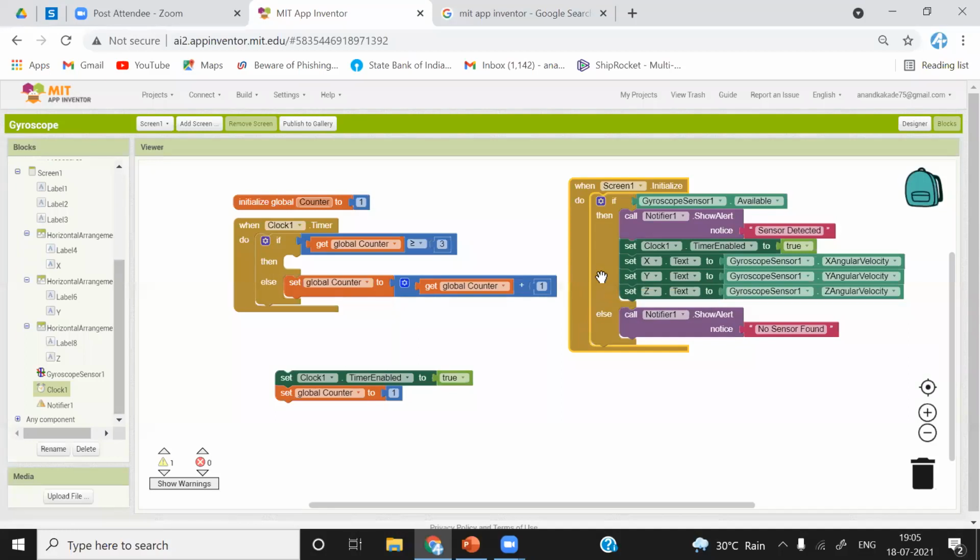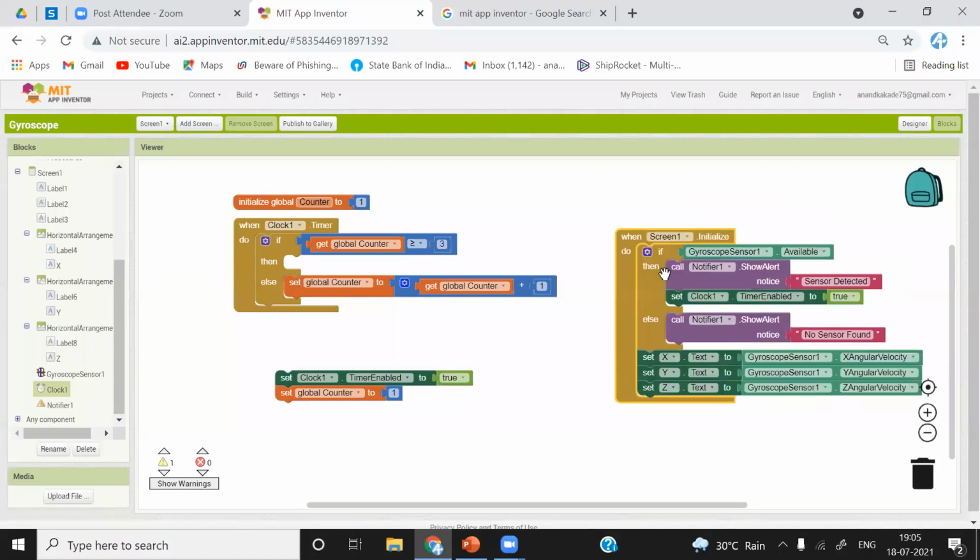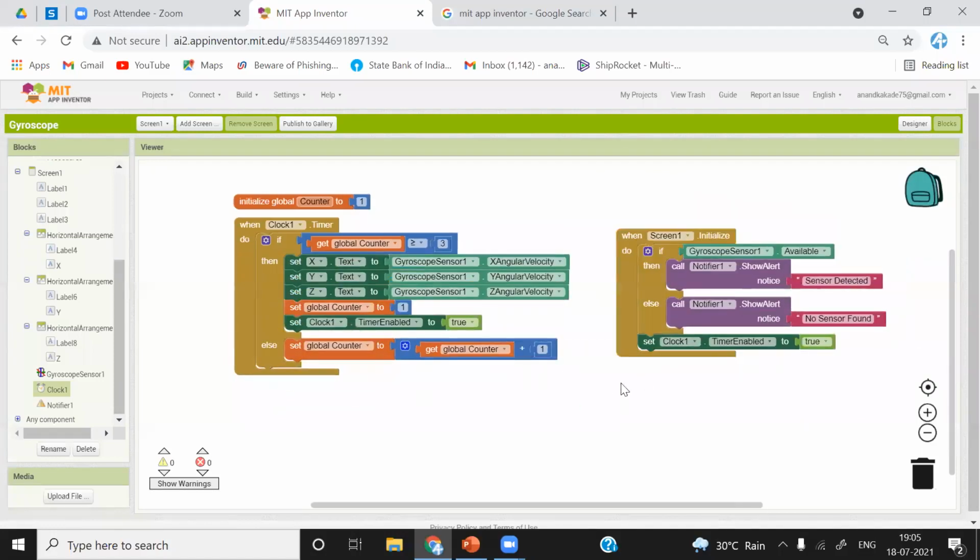So that is the reason we have put this 3-second delay. You can put a 1-second delay also, or less than that. The timer is basically used to generate the delay.